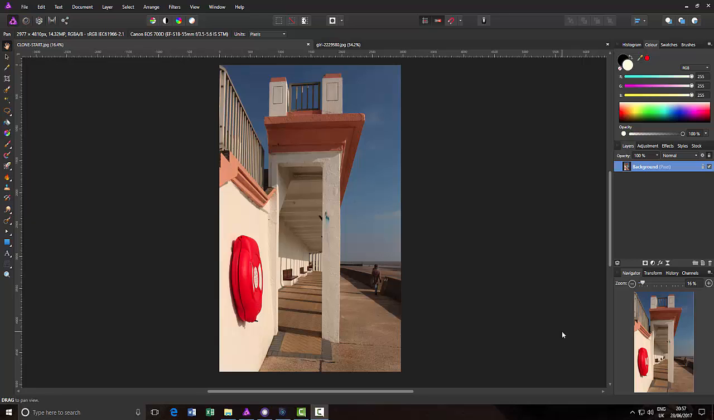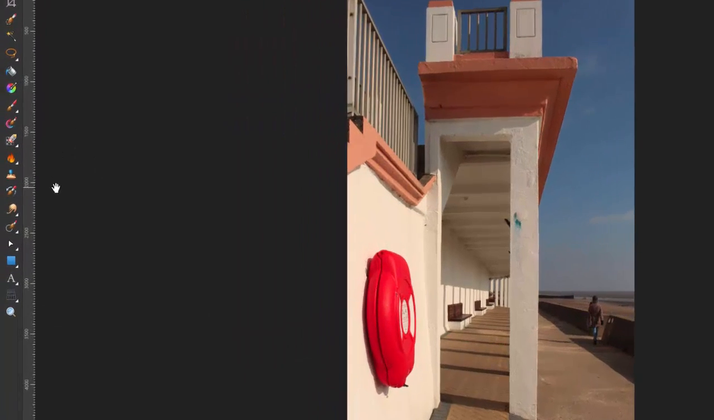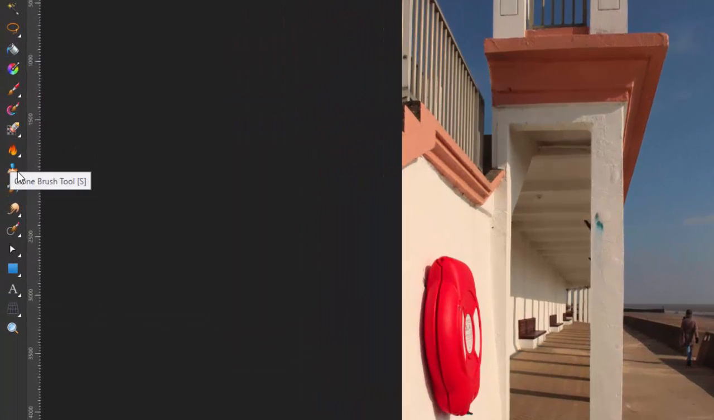Now, the title of this tutorial is a beginner's look at the clone brush tool, and the clone brush tool icon is this one over here. It just looks like a sort of rubber stamp, which is why in some programs it's called the clone stamp tool, I believe, but in Affinity Photo it is the clone brush tool, and you can access it by pressing S